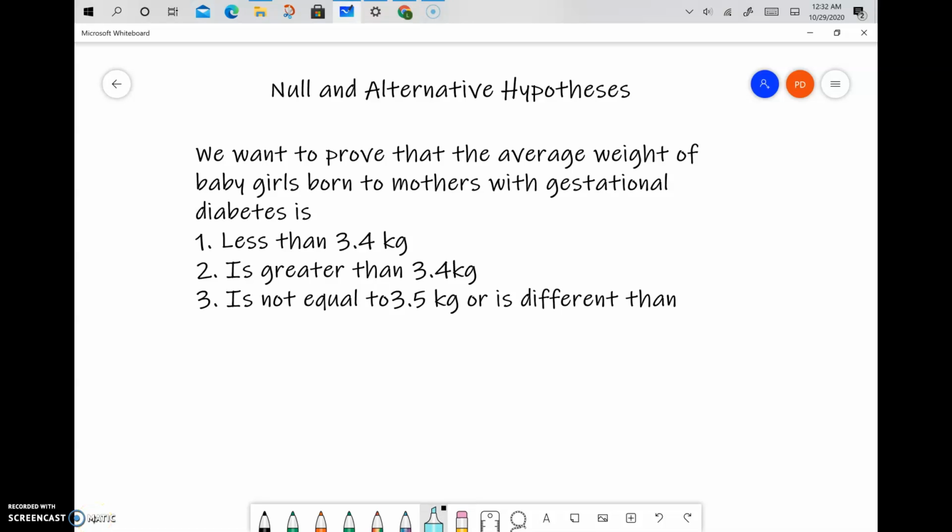Here we want to prove that the average weight of baby girls born to moms with gestational diabetes is, and then we have three parts to this question. Let's look at the first one: is less than 3.4 kgs. Now clearly here we're not estimating the mean. So if we're not estimating the mean and we're trying to prove something, what we need to do is a